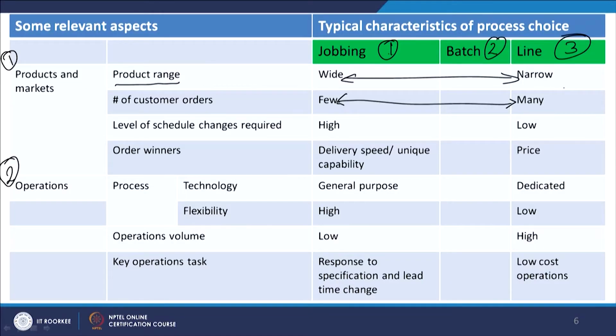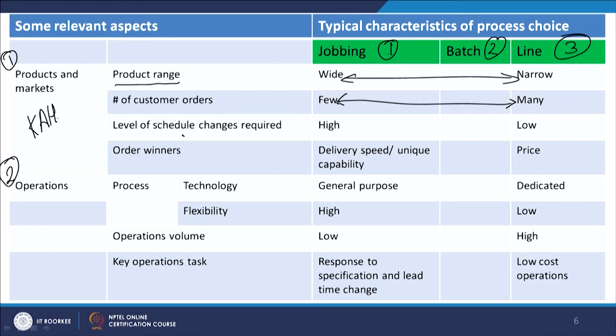Then level of schedule change which are required. Because of turbulence in the market, because of different types of requirements coming, because of some emergency orders coming all of a sudden which are not pre-planned, that is the reason for schedule changes. Sometimes your priority customer, we all have a concept of key account holders. So, in key account holders, if some priority order comes, you need to go for